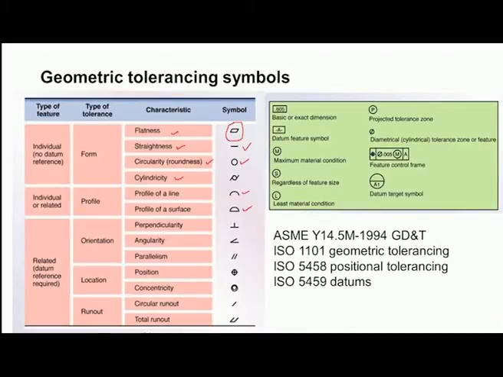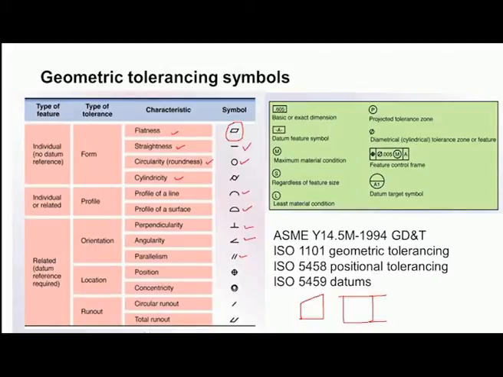and whenever two surfaces are to be made perpendicular and we want to show the perpendicularity aspect, then we should use this inverted T symbol, and when angularity is to be shown, for example, we have some angular component like this, then the angularity is shown using this particular symbol, and whenever we want to show that two lines or two surfaces should be parallel, then we use this particular symbol.